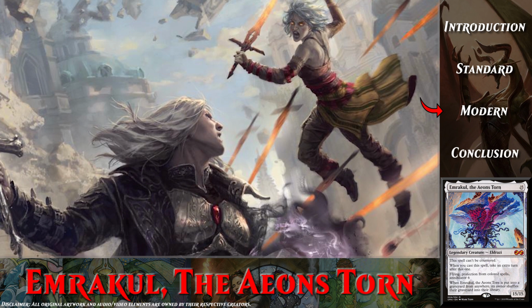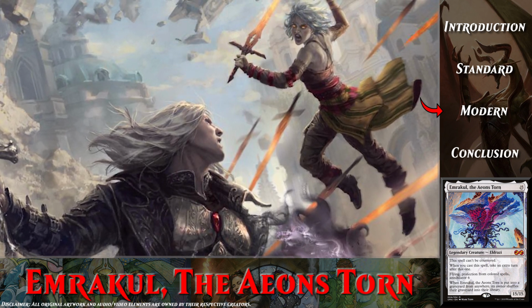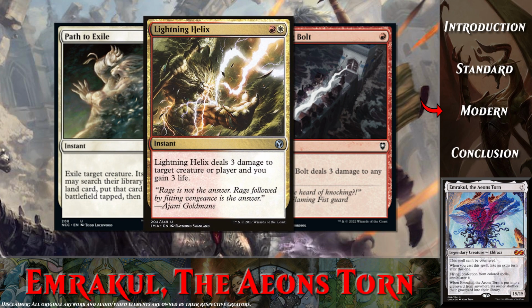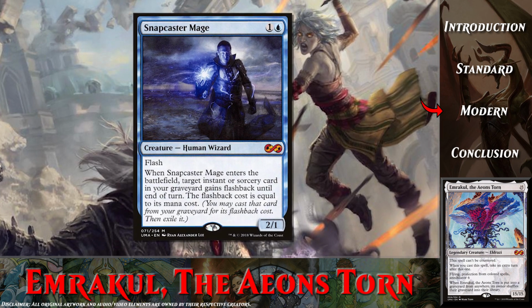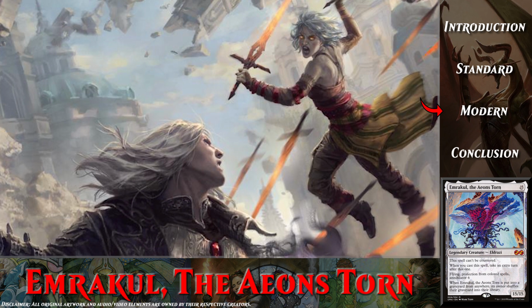Nahiri Control had a simple philosophy: control, control, control. Use spells like Path to Exile, Lightning Bolt, and Lightning Helix to control the board, Spell Snare and Mana Leak to control opponents' spells, and force Snapcaster Mages to play all those tools over again. All in an effort to play and protect Nahiri the Harbinger, who's on a 2-turn ticker to win you the